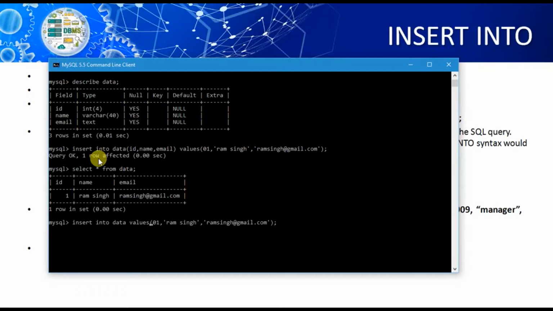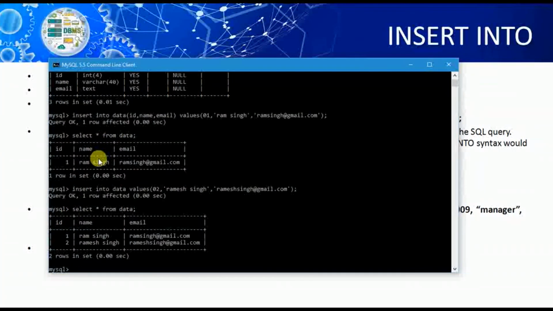In place of Ram Singh I am taking Ramesh Singh, and the mail ID is rameshsingh@gmail.com. Now hit enter. Again this row is also inserted. Select the data. Look at here, in the table we have two different rows. First is for Ram Singh and the second one is for Ramesh Singh.